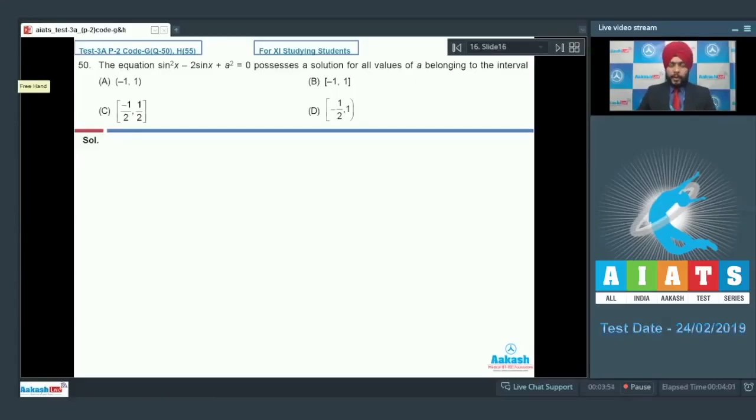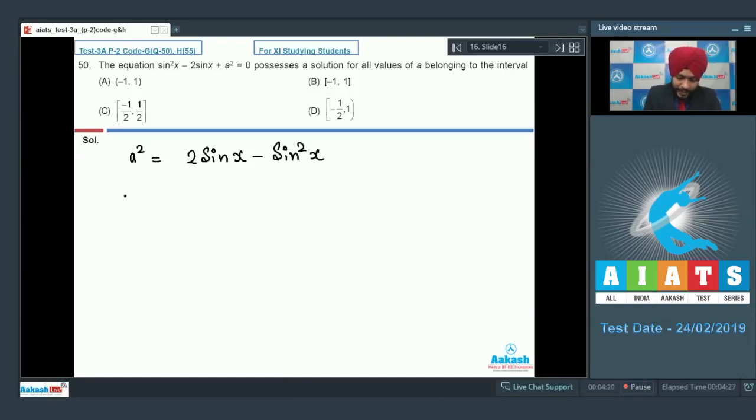Okay students, moving on to the next section which contains multiple correct type questions. We have question number 50 which says that the equation sin square x minus 2 sin x plus a square equals 0 possesses a solution for all values of a belonging to the interval. Students, we can directly write that a square is equal to 2 sin x minus sin square x,